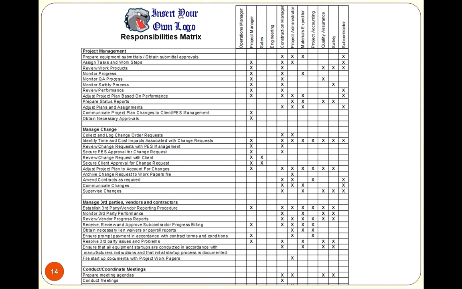So include that into your processes too, of who can identify any changes that need to be necessary, who can submit them, who can approve them. No one should be able to just approve a change to the project. You got to make sure that things are documented because that could change the outcome. So who in that process was the people that were able to collect it, identify it, review it, secure it, adjust it, and document everything, and then make sure those changes went through.